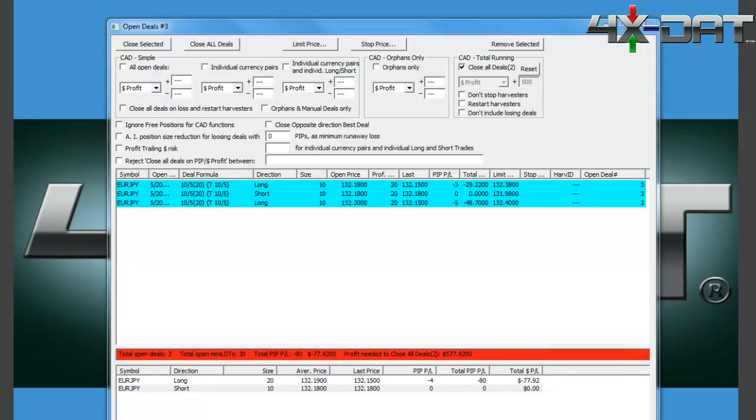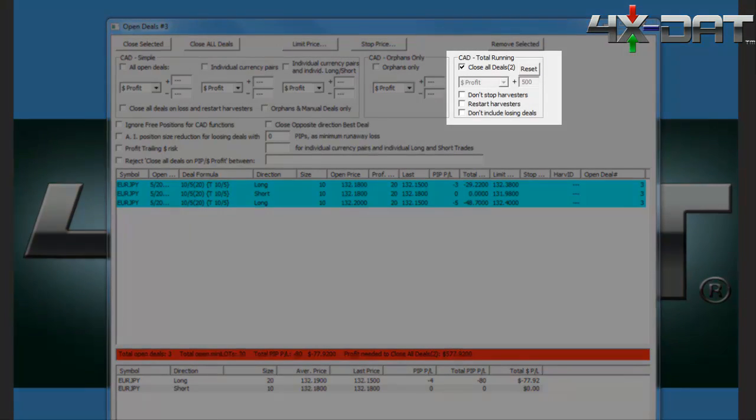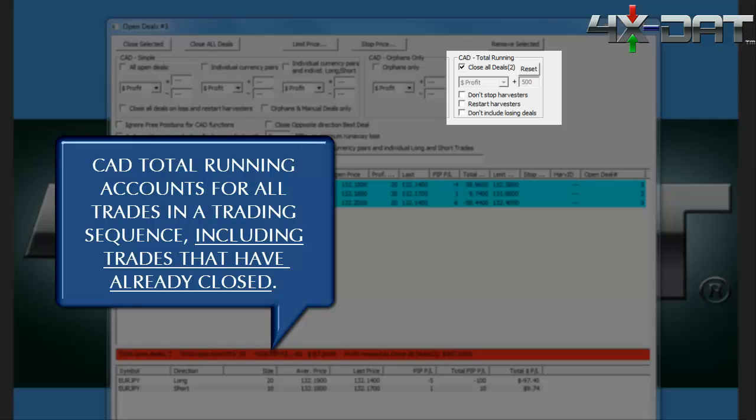I'll note here that there are actually 3 separate Close All Deals or CAD functions. The CAD total running function not only accounts for deals that are currently open in the window, but also for deals that have been assigned to this window but have subsequently been closed. I should also note that I don't mean all the deals that have been opened and closed in this window since the time you've started using the software, but rather just those deals that have opened and closed in the